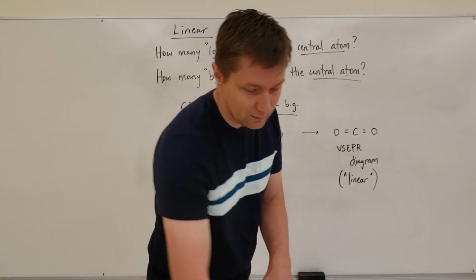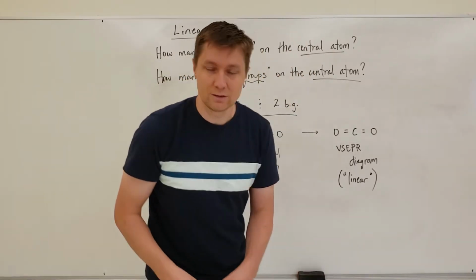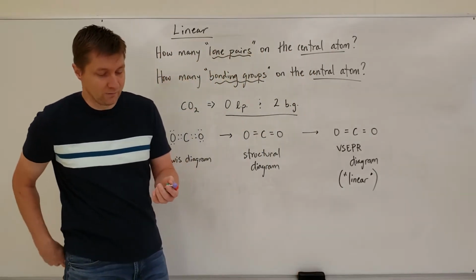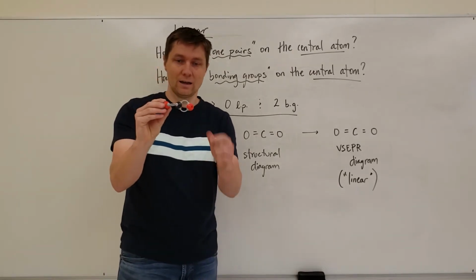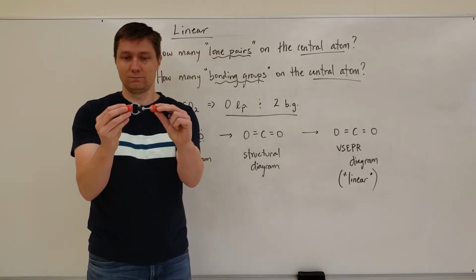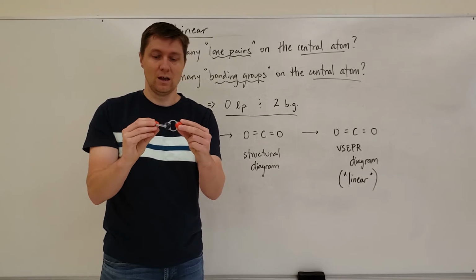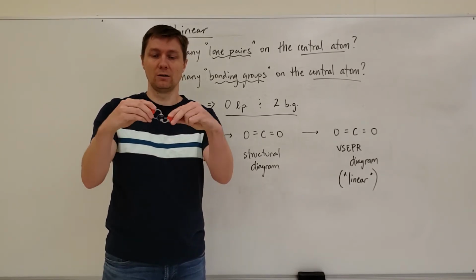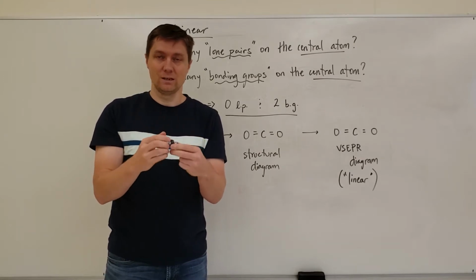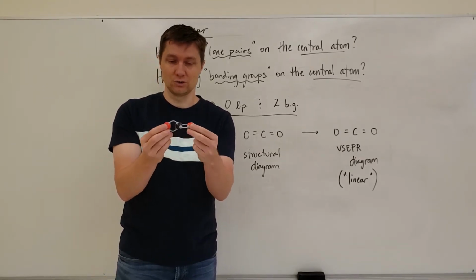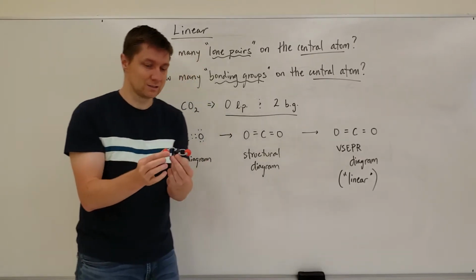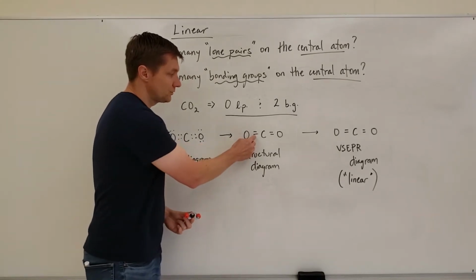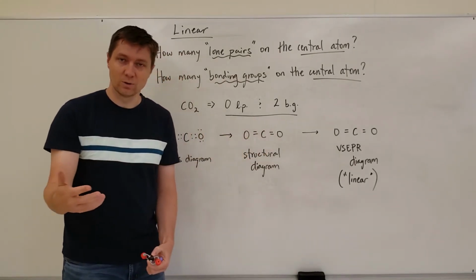And if I were to use the model kits here to illustrate this to you as well, I've got carbon dioxide here put together from our model kits, and you can see that this is just linear. It's just straight across. There's no bend or any sort of weird shape to this. Now the reason it does this is because these electrons here, if you remember, VSEPR means